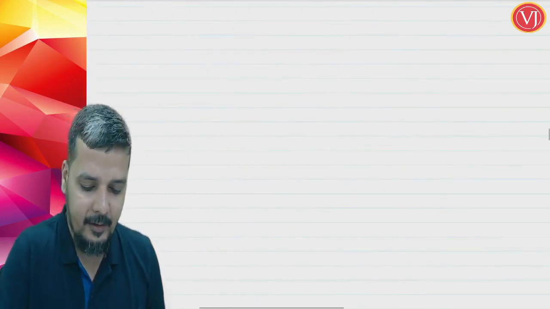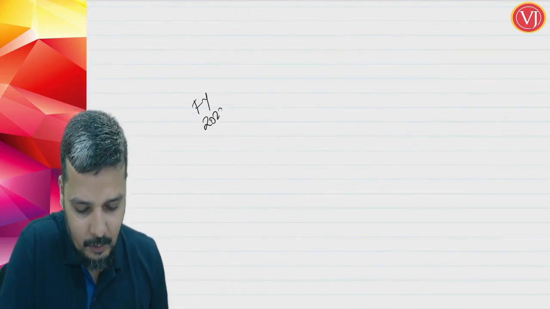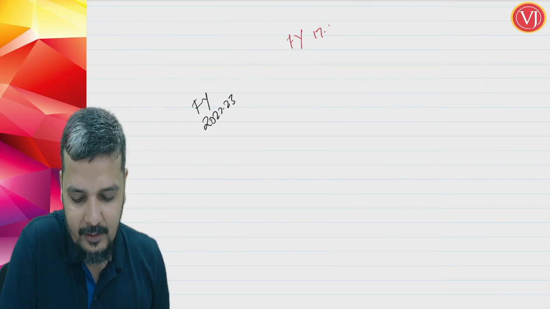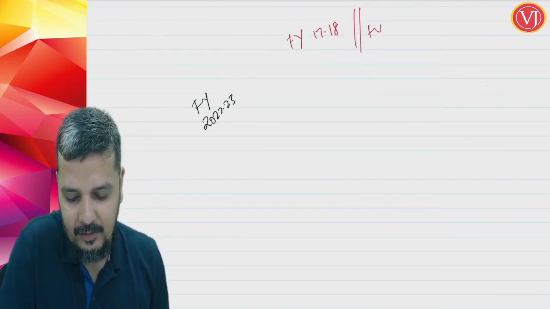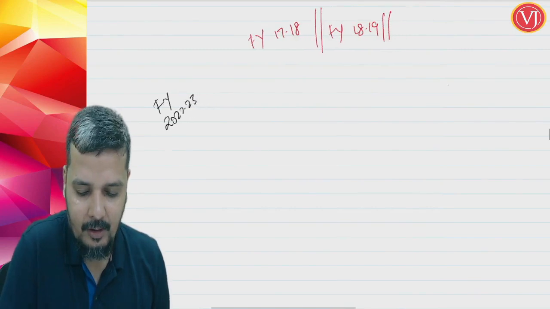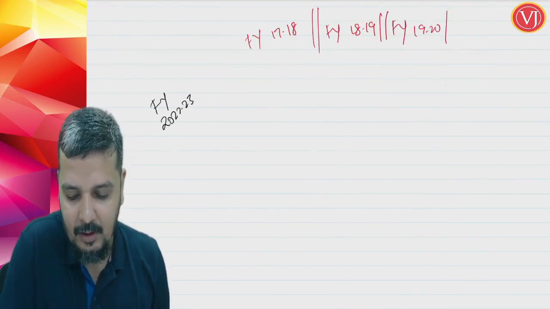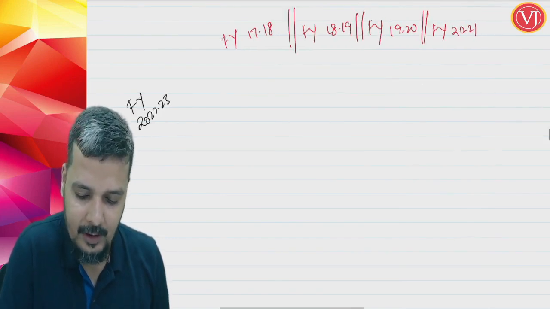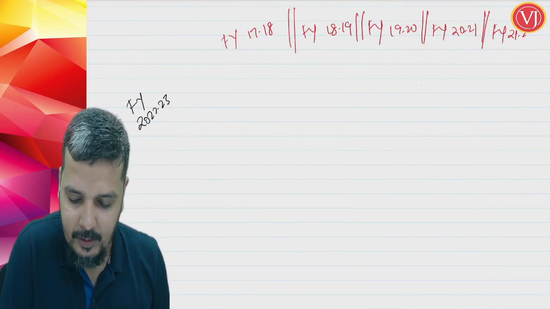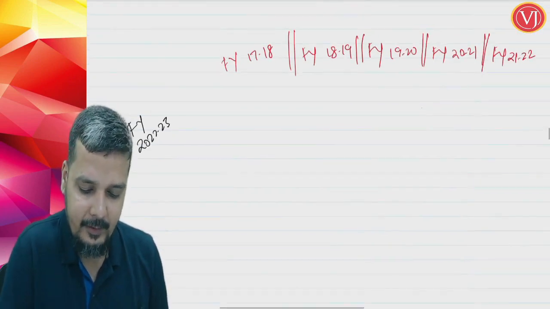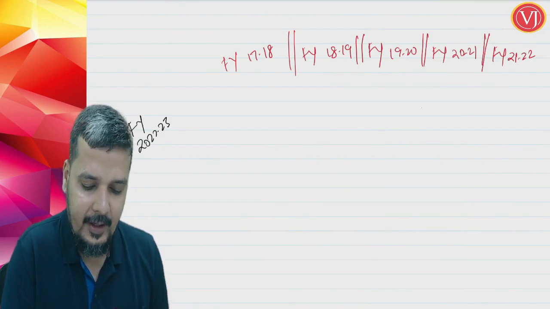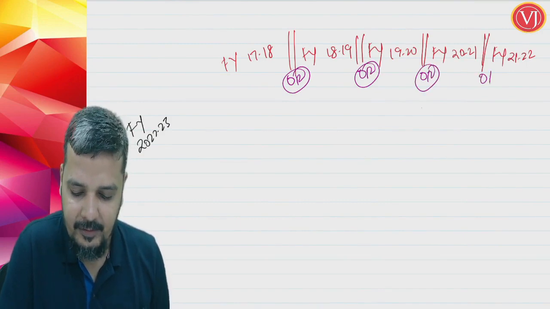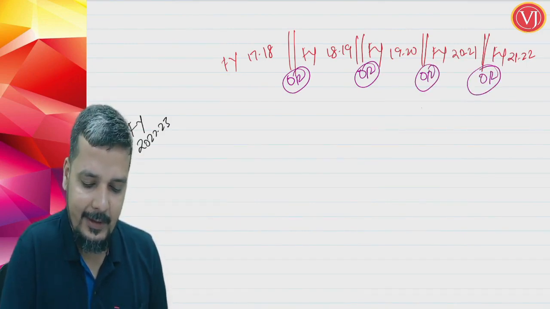So if you are standing in financial year 2022-23, I have to see all the other financial years, starting from 17-18, 18-19, 19-20, 20-21 or 21-22. Everywhere the wording is "or": if in any of these preceding financial years,